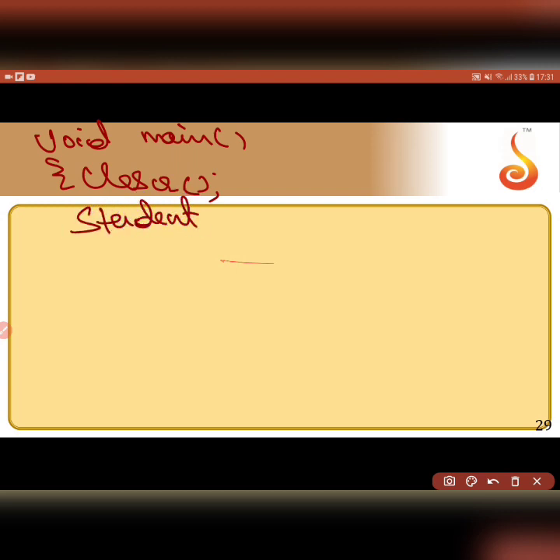Now let me start with my main. Void main. So clear screen. After that, how do I create an object? I create an object of student. This is the name of my class, and star std is my object. I am using star here because I am creating a pointer to an object. Fine. Then I need to call my two functions, std arrow input